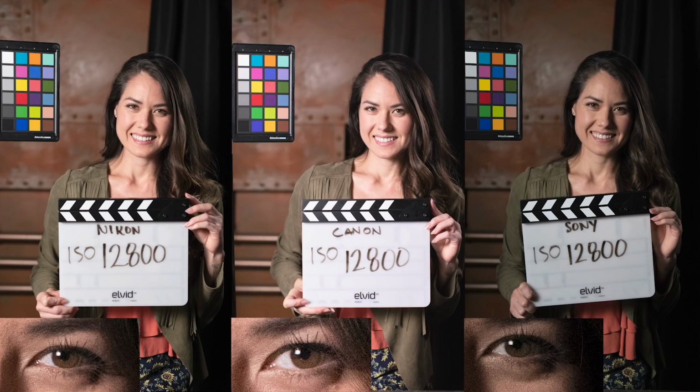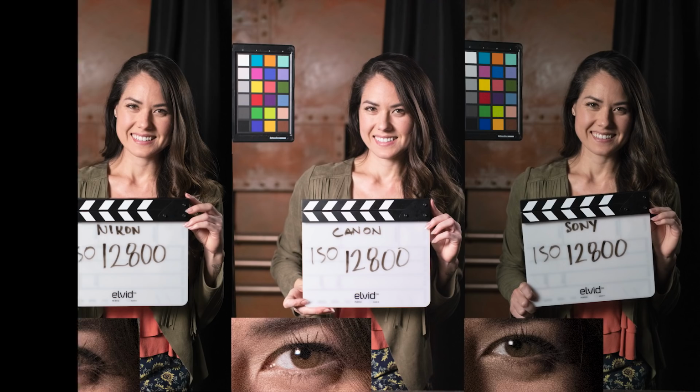The Canon, it almost seems like the image is getting brighter. It does, like the contrast is building or something. Super noisy on the Canon. And of course, the Canon is the only one that goes to 25,600. And why exactly would they do that? Pointless. Let's go to